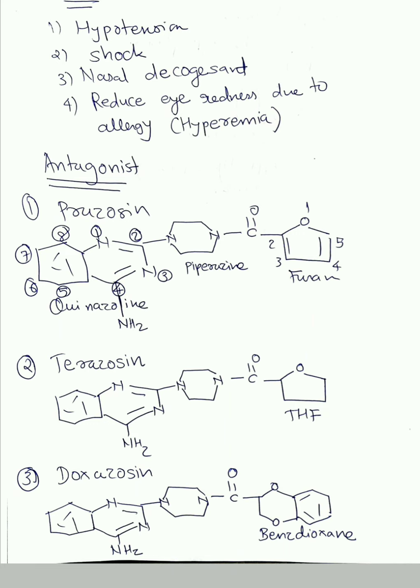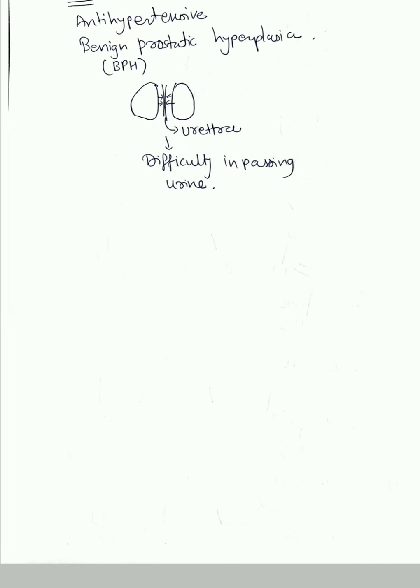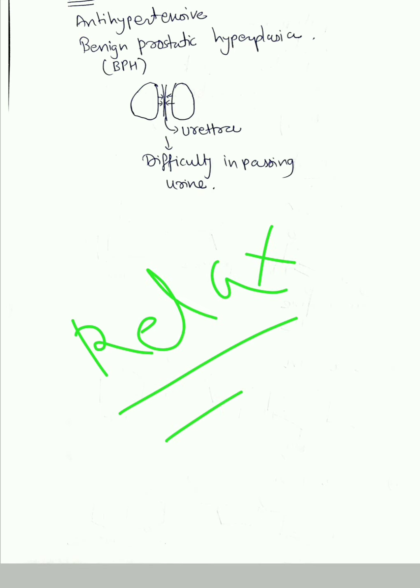So the antagonist is clear, the series is zosin. The last part is uses. Now, alpha 1 agonists were used in hypotension. So antagonists, because they show the opposite action, will obviously do relaxation of muscles, all the muscles. So they are used as antihypertensive agents because they will relax the blood vessels, leading to reduction of blood pressure. They are also used to treat